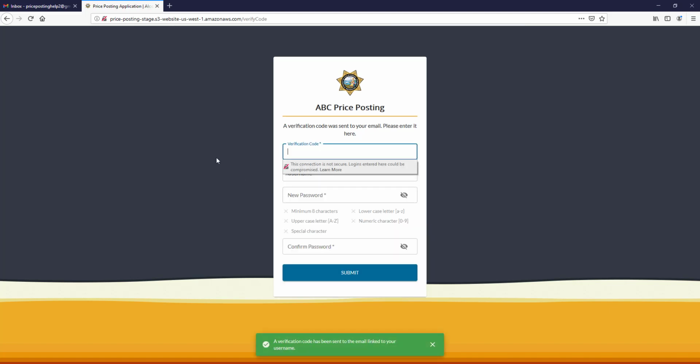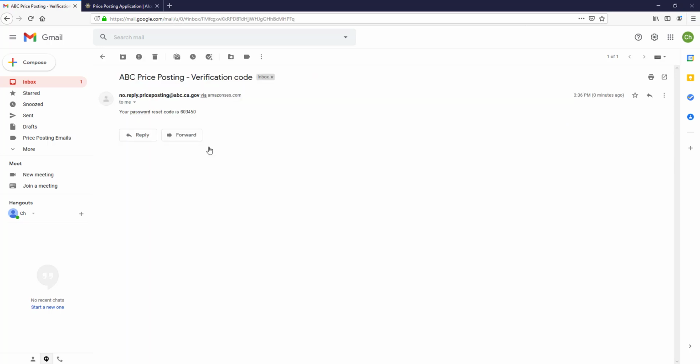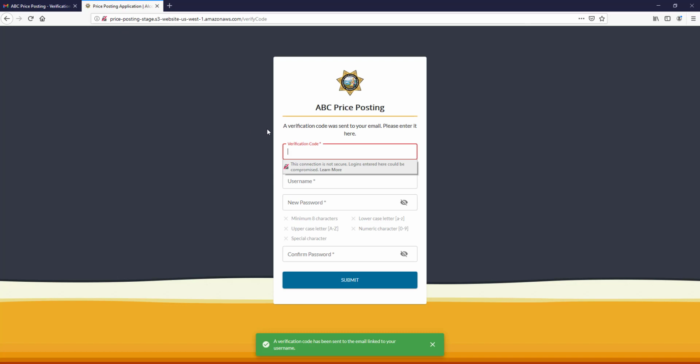The system will email you a verification code. Go to your email, open it, write down or highlight and copy your password reset code, type or paste it into the system,